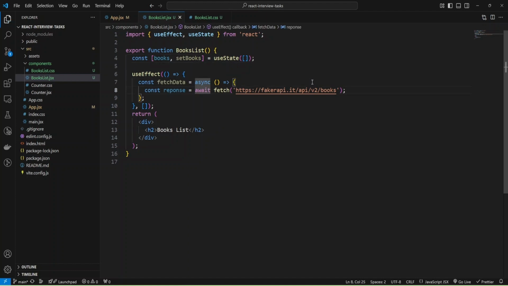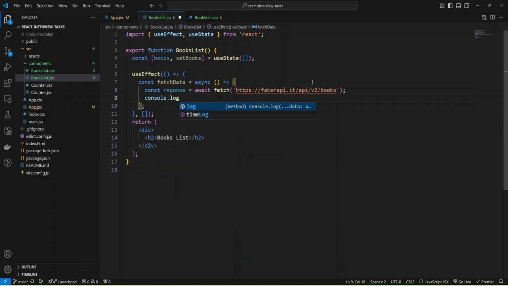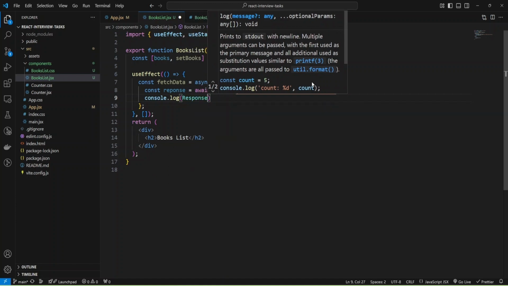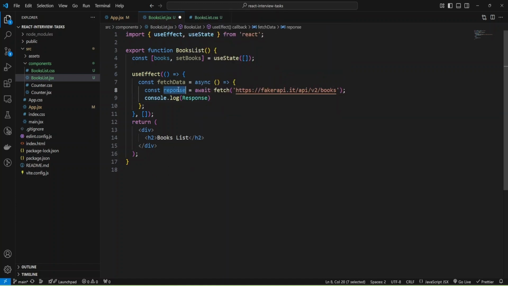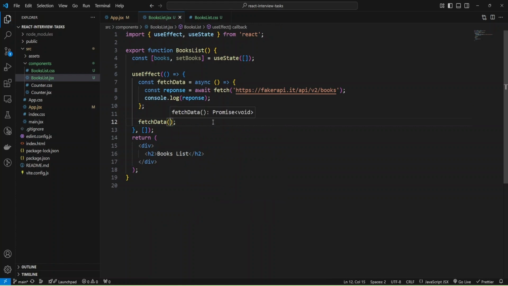Okay, and now inside our fetch data function, I can make a console log of response, and I need to provide my variable. Okay, and now we need to call the fetch data function, and let's check what I have so far.